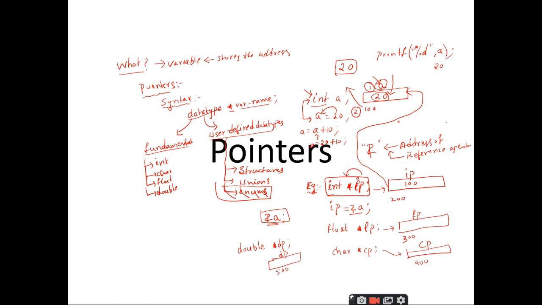That means you have to store the address of an integer variable inside an integer pointer, and the address of a floating point variable inside the floating pointer. Like that, you have to map those things. The pointer data type should map with the data type of the variable whose address you are going to store. Is it clear?